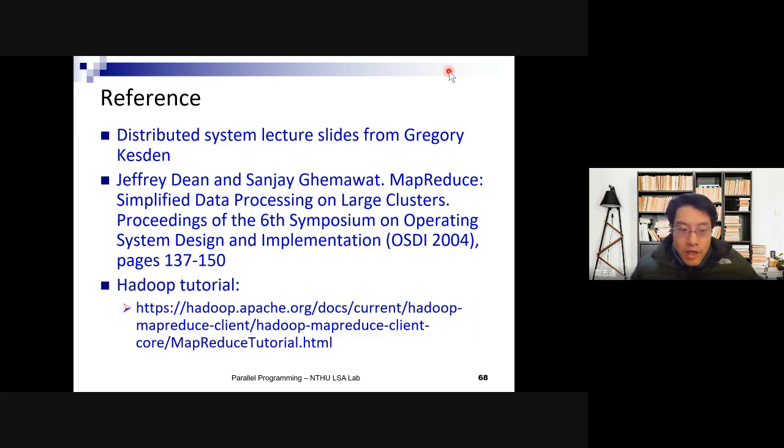So it's not easy to implement a map function. And for a library, for example the MLlib we mentioned,